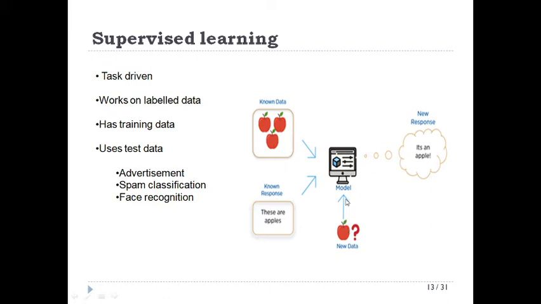Now when we give it new data, the model is going to predict it as an apple, and it is going to predict it right, be it for oranges, apples, grapes, bananas, because you have trained your model depending upon your knowledge, depending upon your labeling of data. And it is used on test data for finding out if it is working or not. So supervised learning is going to use training data, and it is going to use test data.